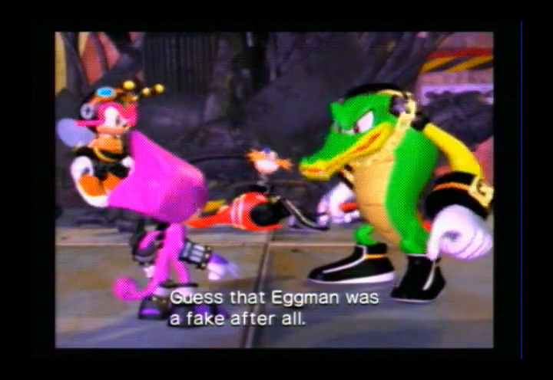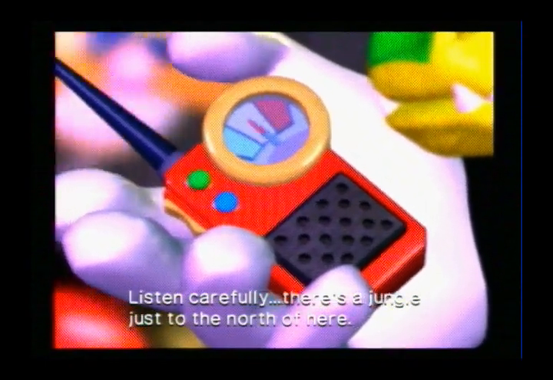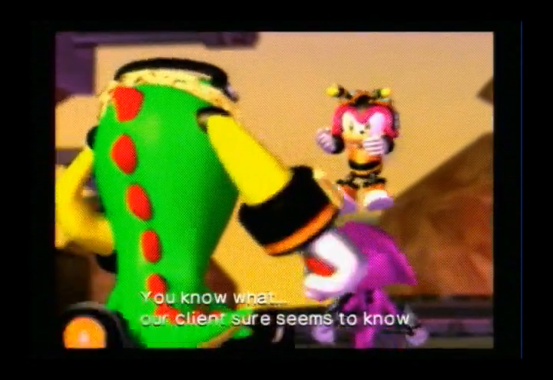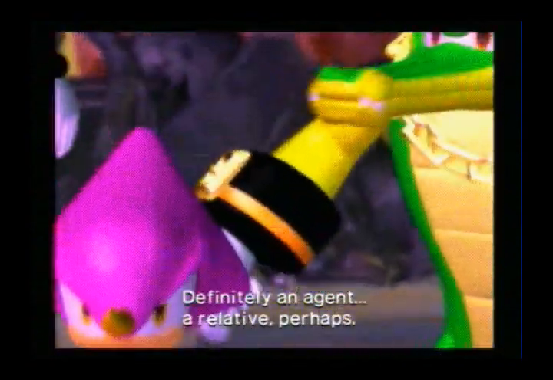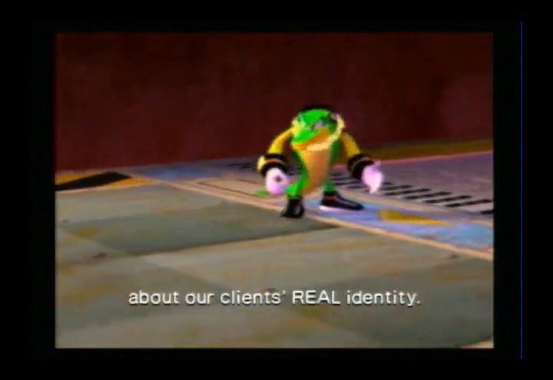Guess that Eggman was a fake after all. Of course it was. Listen carefully. There's a jungle just to the north of here. Go there immediately. Got it. You know what? Our client sure seems to know a lot about this Dr. Eggman guy. Definitely an agent. A relative, perhaps. Strangely enough, I had the same weird feeling about our client's real identity. It could